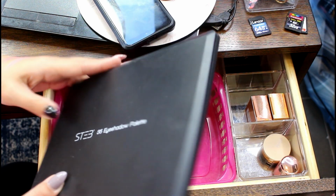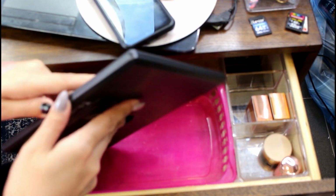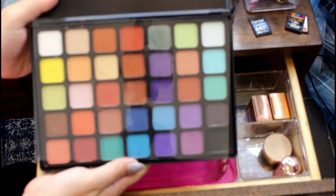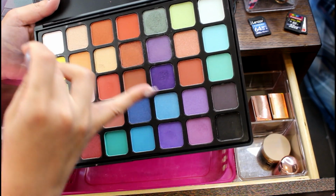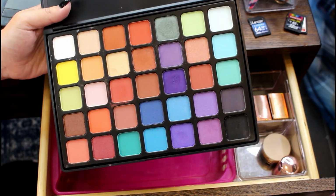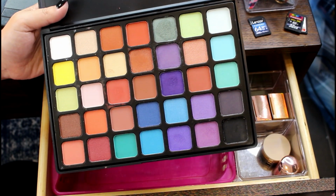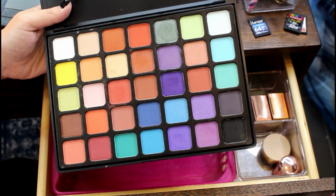This is the Steb 35 eyeshadow palette in Beyond the Sunset. This I got at Winners, and I am surprised at how much I really, really liked it. I wore this yesterday. I wore a bunch of the purples and a couple of the neutrally oranges. It was beautiful. This quality was fantastic. I'm really pleasantly surprised,